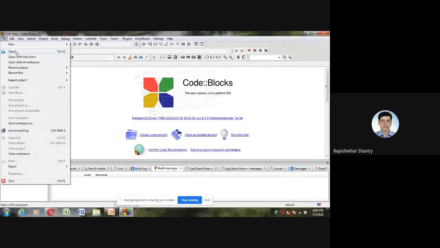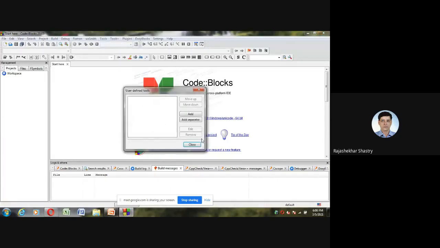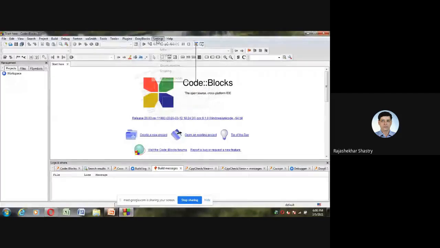If a project is already created, then you can go for it through the opening screen's Open option. So various options are there, but the important thing is, once you install it, check whether the settings are proper or not. For that, from the menu select the Settings option, and before going to Environment, just check whether the compiler is okay or not.